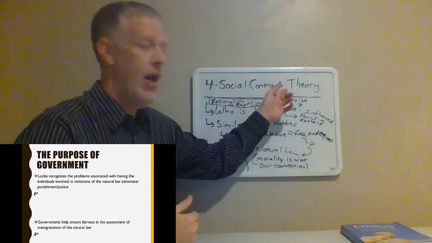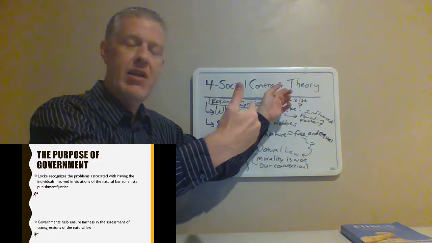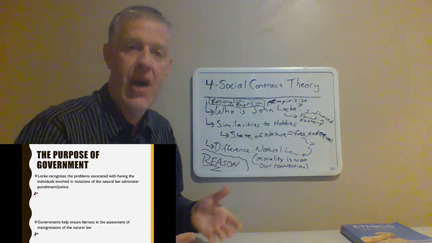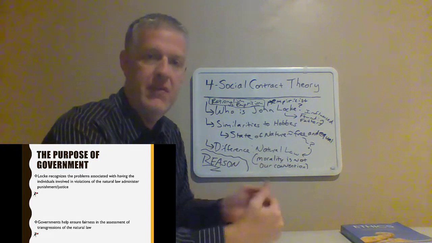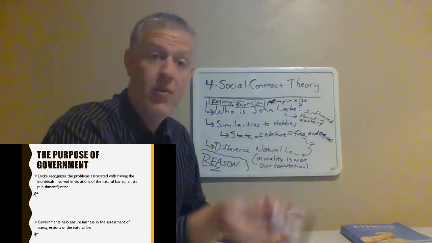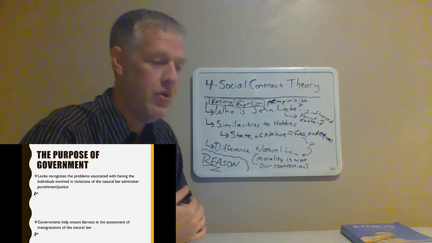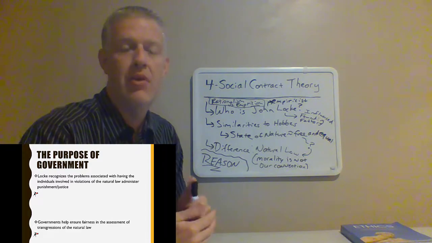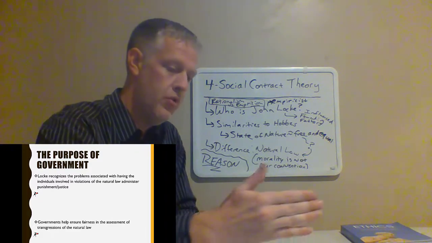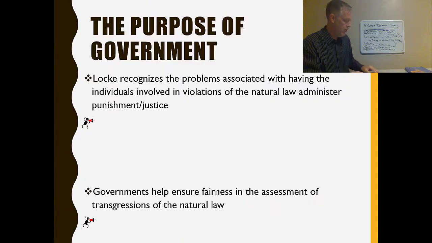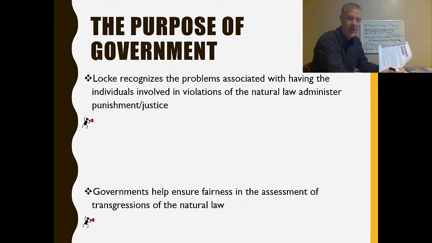by forming a social contract, escaping that state of nature, forfeiting, just as Hobbes said, some of our freedoms and abilities we had in the state of nature, for a greater sense of security, because everyone else is doing the same thing. We've formed a contract where I agree that I won't do whatever I want, and you agree that you won't do whatever you want. You won't do all these certain things that are specified, and I won't do them to you either. So there is a purpose for a government. There is a reason why we ought to enter into the social contract, and that's what I get at